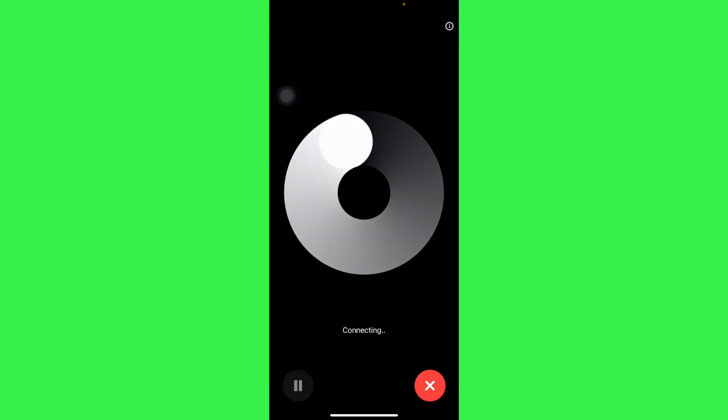So here, it's going to be connecting as you can see, and it's going to connect, and then you'll be able to